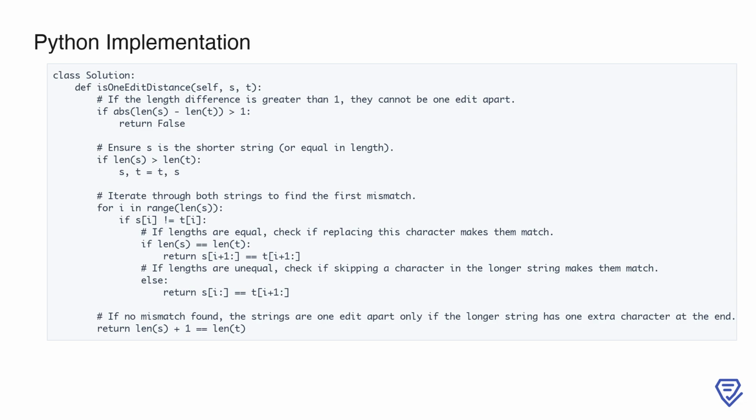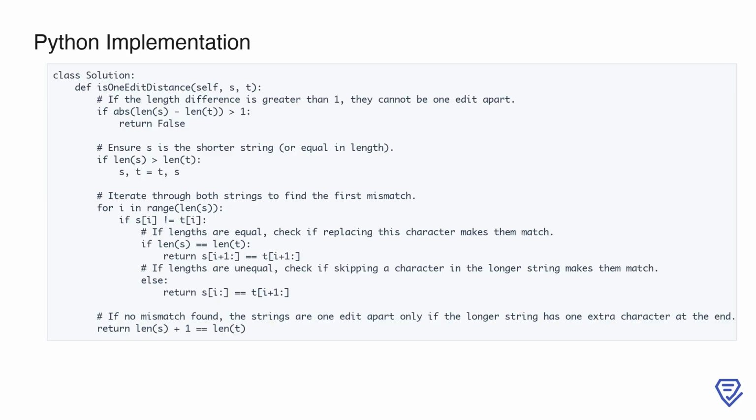If the strings are of equal length, the only valid edit is replacing the mismatched character. This is checked by comparing the remaining substrings after skipping one character in both S and T. If the strings have unequal lengths, the only valid edit is inserting one character in S, or equivalently deleting one character in T. This is checked by comparing the remaining substring of S with the substring of T starting from